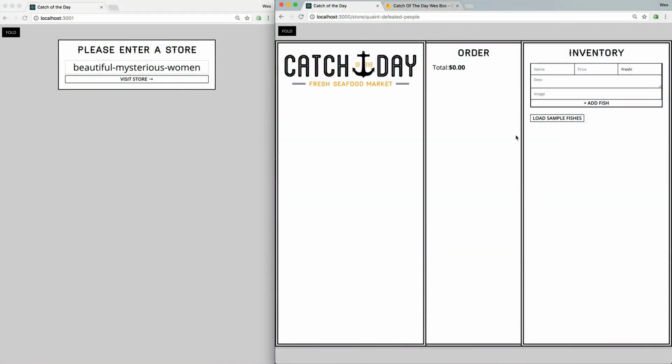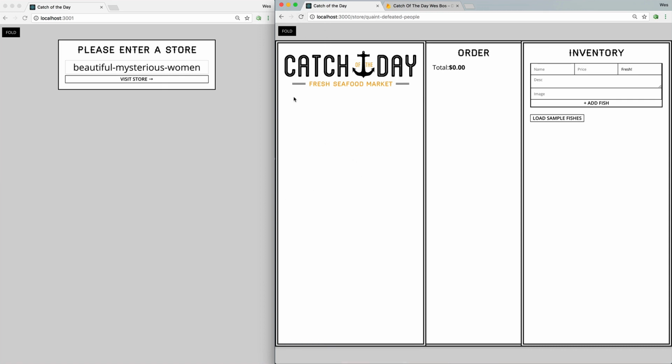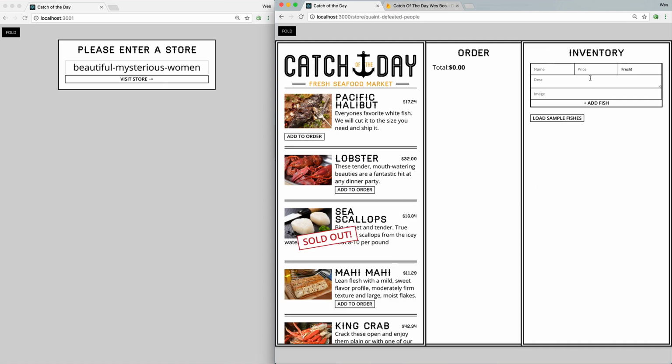So far, when we add any data here and we add items to our order and then we refresh the page, we lose both our menu items here as well as our order. So what we want to do is when we load in some fishes or when we create a new fish or when we update the fish, we want to save that to a database so that when I come back to it at a later point in time, or when somebody actually visits our store, that data needs to be